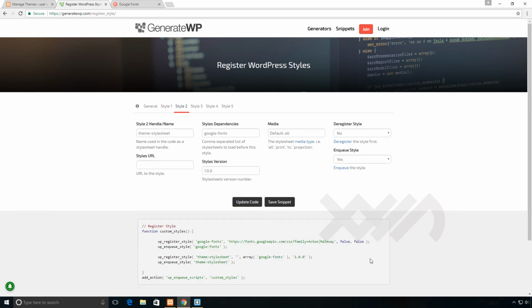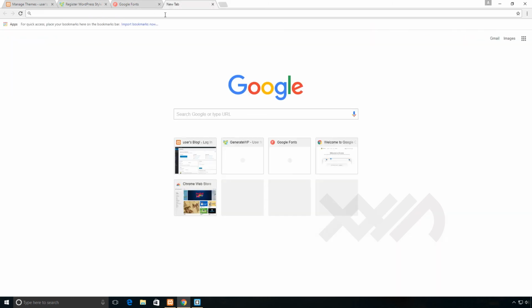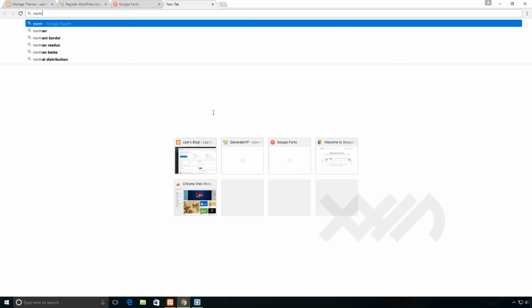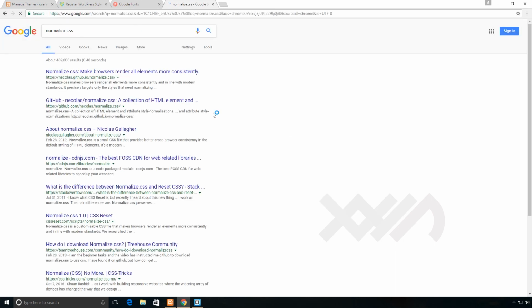Okay, so looking at the code, all right, this is exactly what I want. Now, what I would suggest that you do is go to a search engine and perhaps use the search box to search for normalize.css. That should bring you to the results page. Basically, normalize.css is a set of CSS rules to make tags, especially HTML5 tags, behave more consistently, as it says there. So I'm going to click this link that goes to this address,